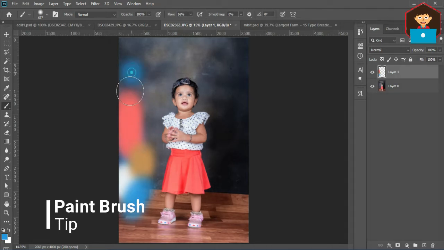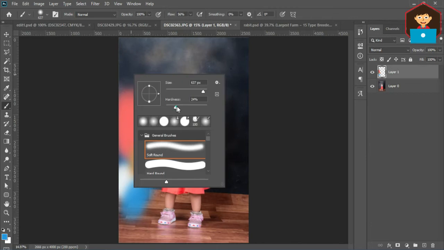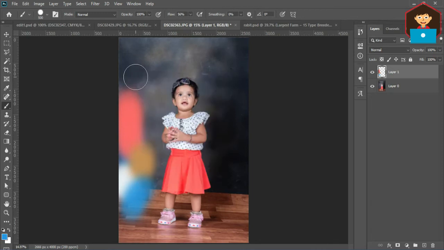When I paint, this is a soft brush. So instead, right click, you can control the hardness and brush size. The same process, if you want to work with shortcuts, you can use the bracket keys, left and right, to change the brush size, and Shift bracket to change the softness and hardness value. By the Shift, I use right bracket. Yeah, we have a hard brush. Again I hold Shift key and left bracket, I have a soft brush.